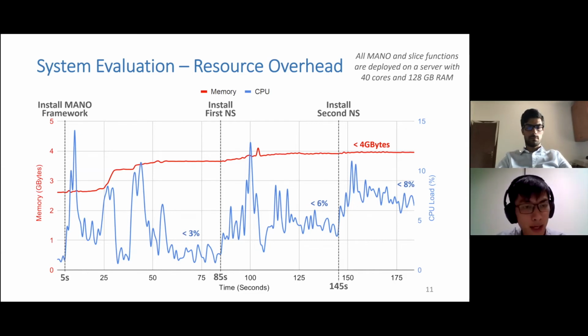The reason why the MANO framework consumes memory is that in this step it instantiates the ONOS controller. As we know, the ONOS controller is a highly abstracted SDN controller, so it consumes memory. For the first and second network slice, as you can see, the memory resource did not increase much,